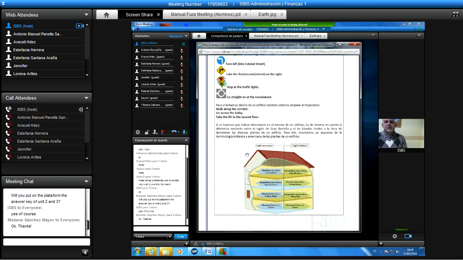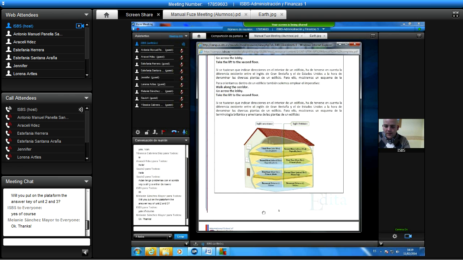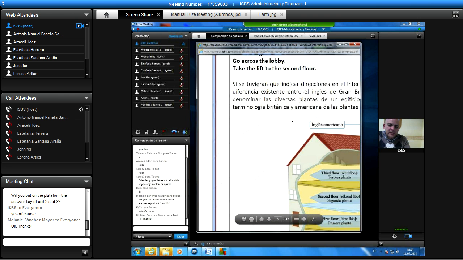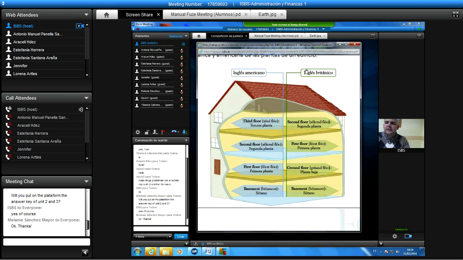And look at this, I don't know if you were familiar with this, but this is a picture of a house, American English and British English. So, I don't know what the system is here in the Canary Islands, to be honest, but especially in America, the ground floor is the first floor. A lo que es la planta baja, para nosotros, ya le llaman directly the first floor.